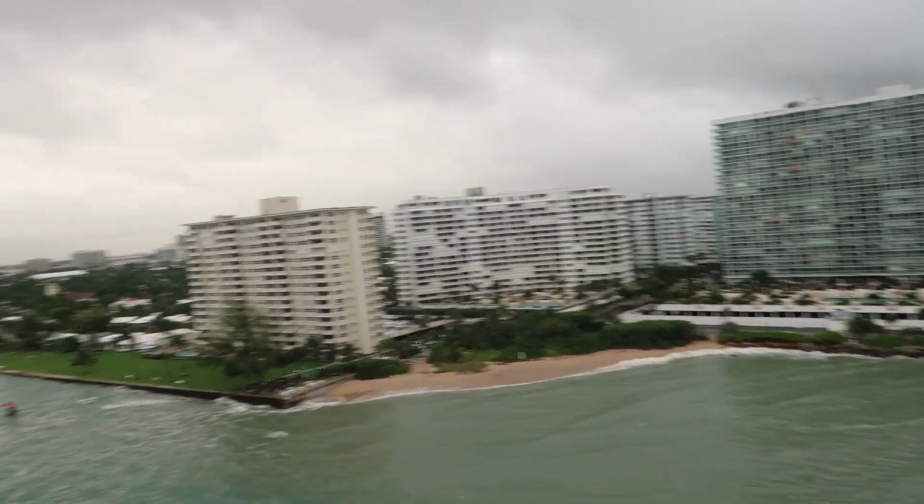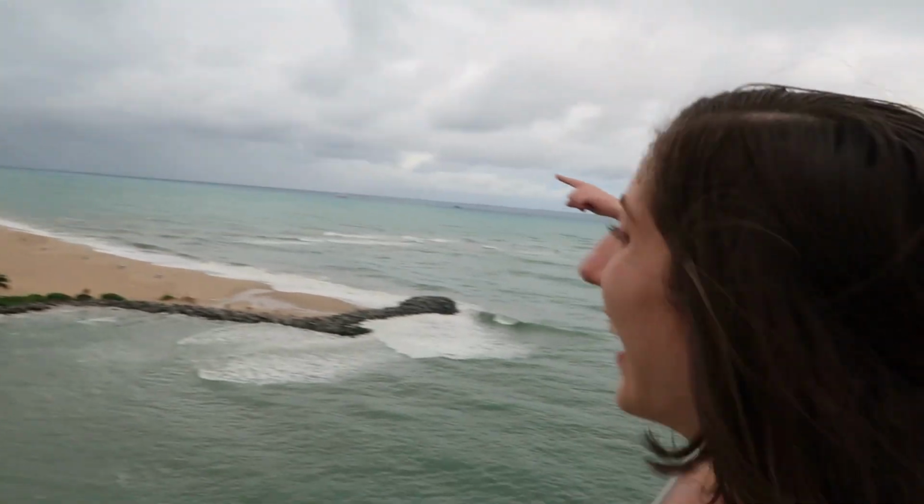The sun that was peeking through completely went away and now it's just back to cloudy. It's a blustery day, but it's not gonna bluster our time. That's right. Back in the room,